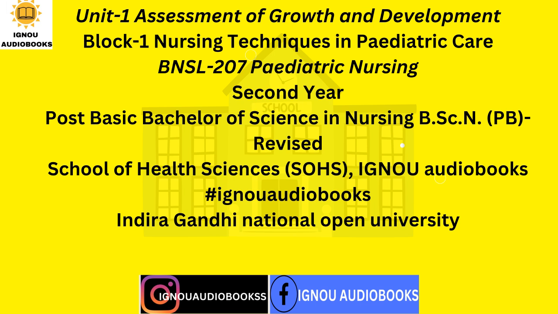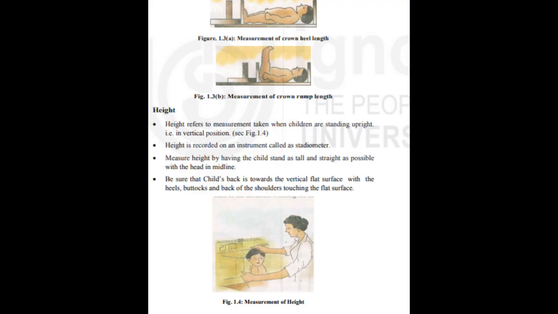If the child is wearing some types of special device such as splint or prosthesis, you must note this when recording weight. If weighing scale indicates weight in pounds, you can convert it into kilogram by dividing it by 2.2 as 1 kilogram equals 2.2 pounds. Record the weight on appropriate chart. 1.3.2 Measurement of length, height.